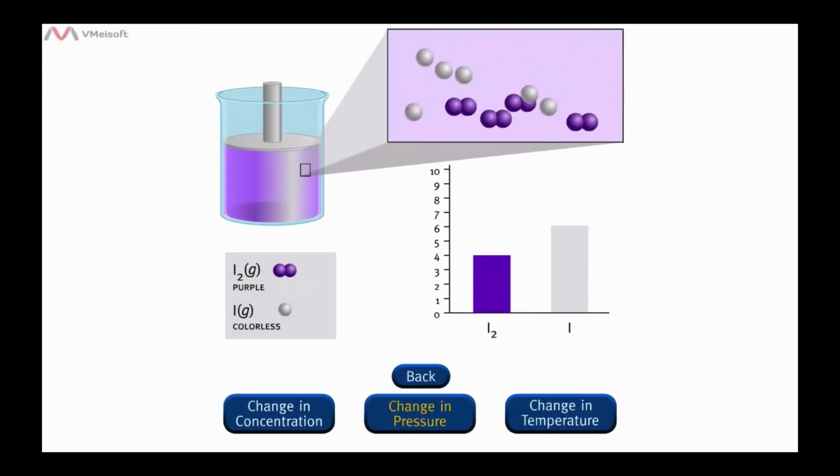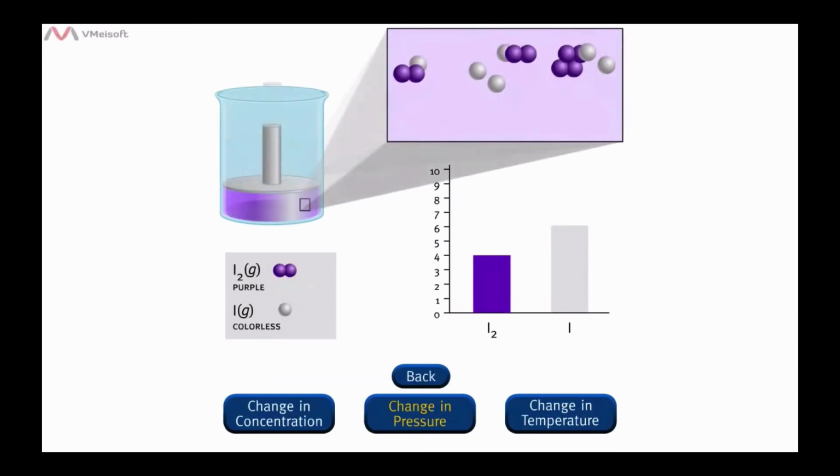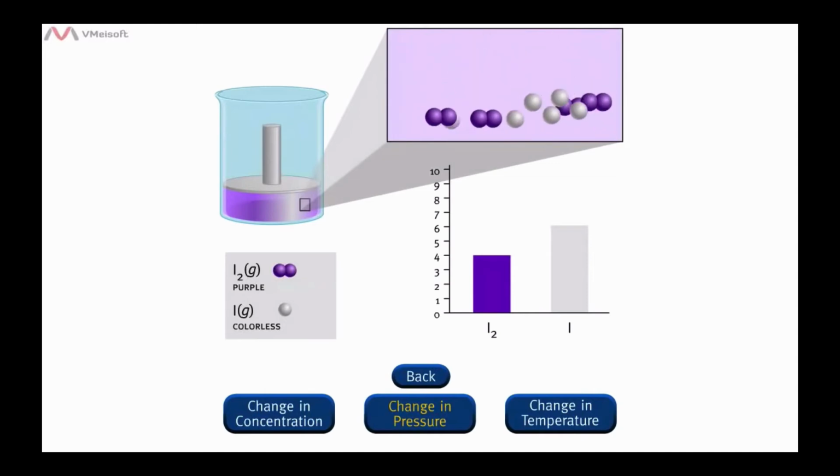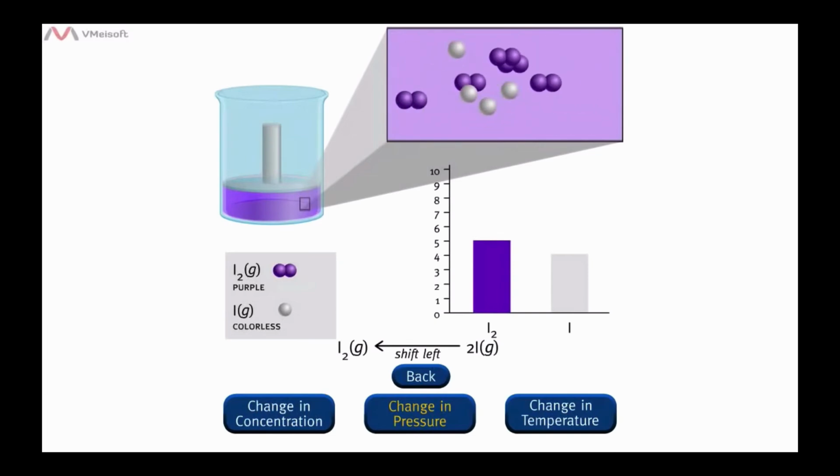You have increased the pressure by decreasing the volume of the container. The system can partially offset this stress by decreasing the moles of gas. Recall that pressure is directly proportional to the moles of gas. Because of the 2-to-1 mole ratio in the balanced equation, the moles of gas can be decreased if the system